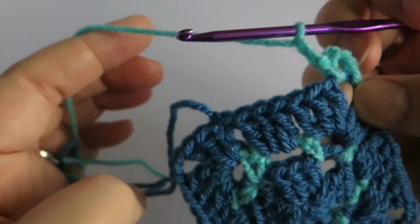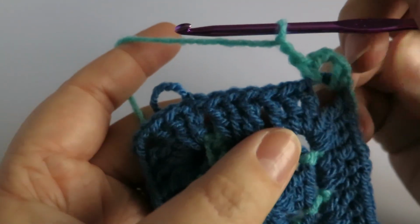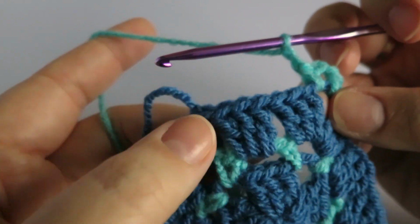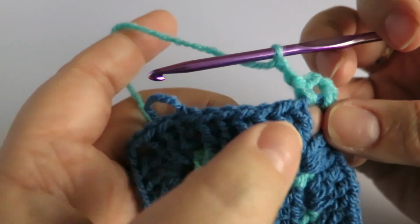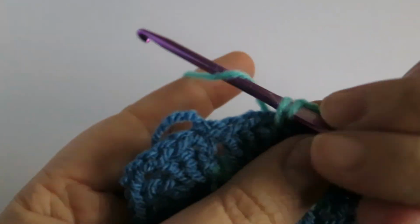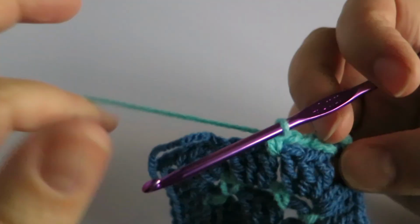And you want to be putting your next double over the top of the double that you did previously. So if you're not sure, you just remember that we've got groups of 3 trebles together, so between the 3rd and the 4th treble you need to put your hook through that work like so, and then just do your double like that,